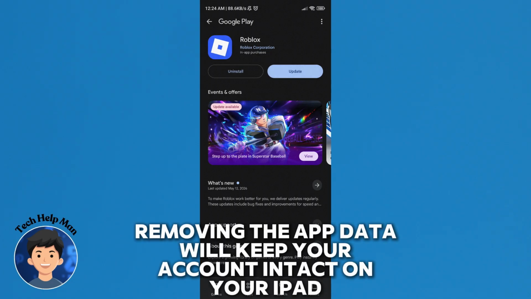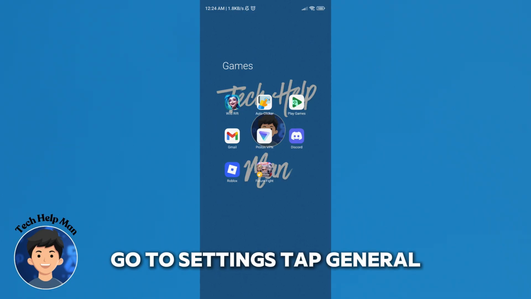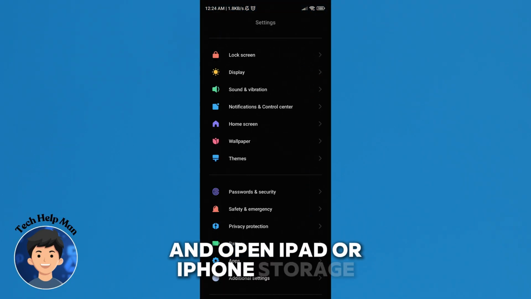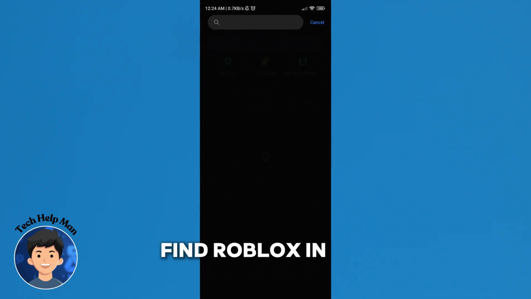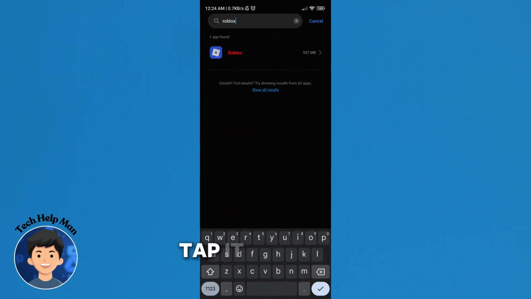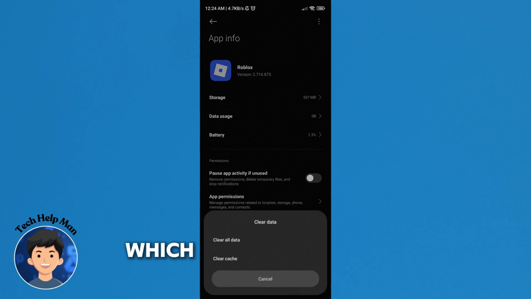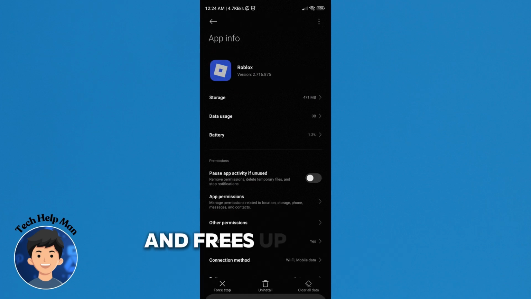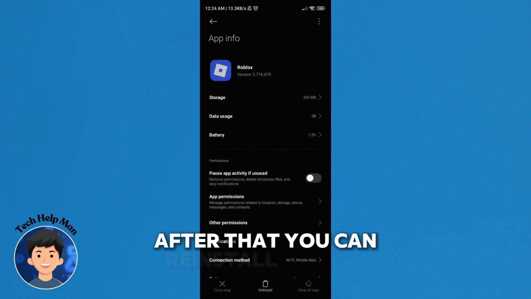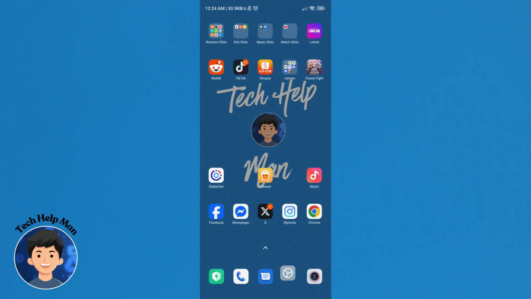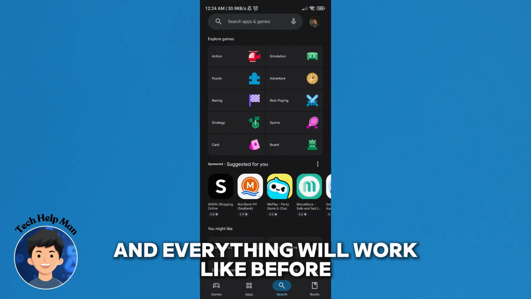On your iPad, go to Settings, tap General, and open iPad or iPhone Storage, where you'll see a list of installed apps. Find Roblox in the list. Tap it, and then select Offload App, which removes the app's cache data and frees up storage without deleting your login information. After that, you can reinstall it from the App Store, and everything will work like before, just cleaner